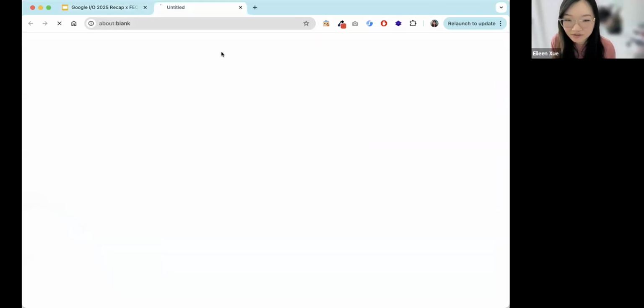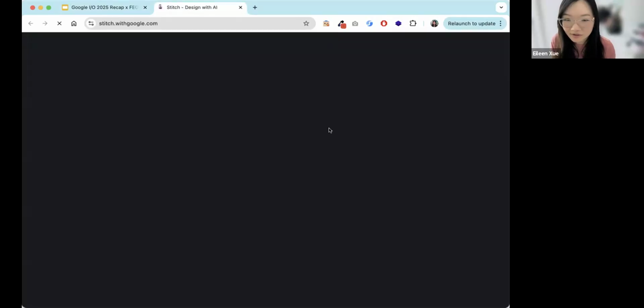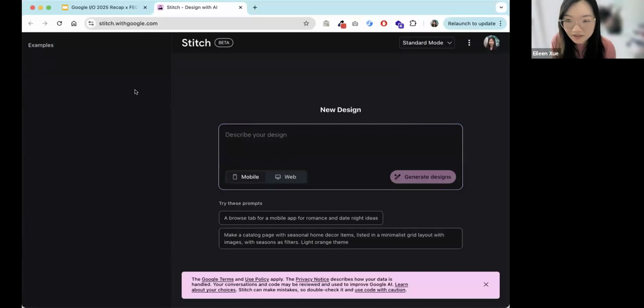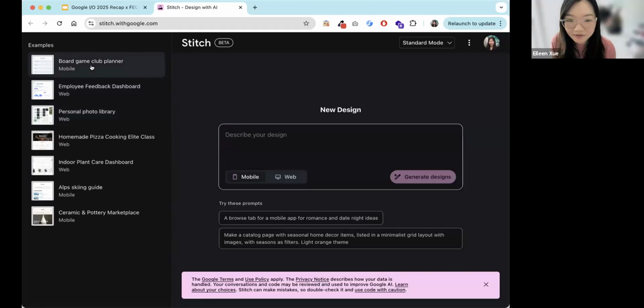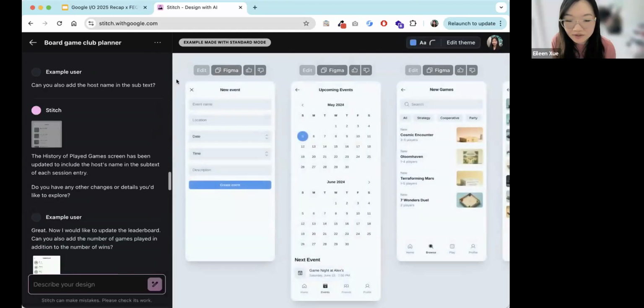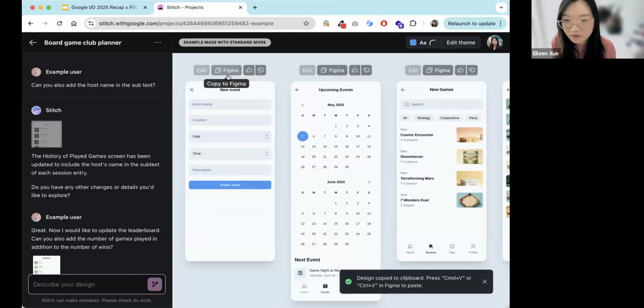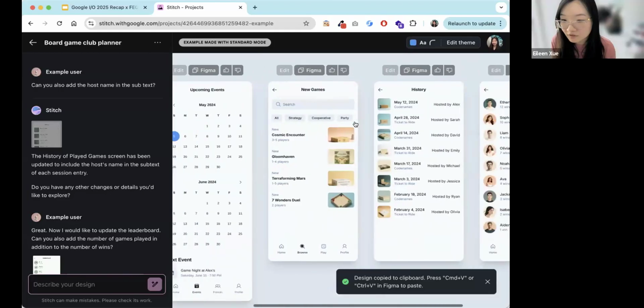What's cool about this, let me see if I can trigger an example here. Yeah, so what's cool is that you can export the design to Figma. So if you use Figma, you can export this design directly to Figma.